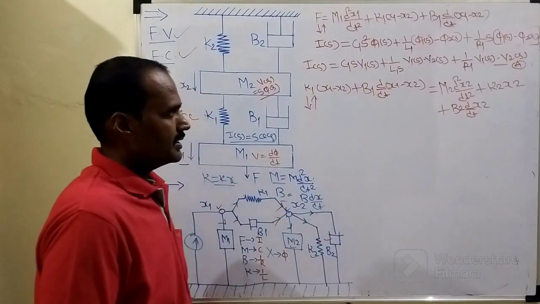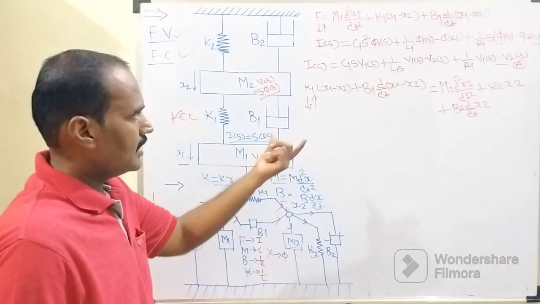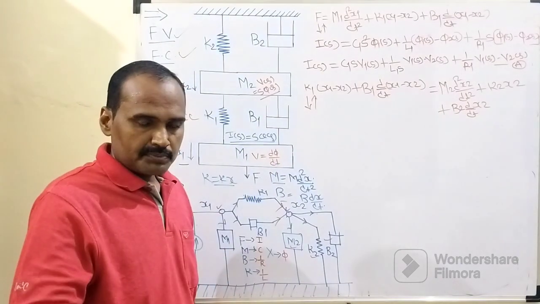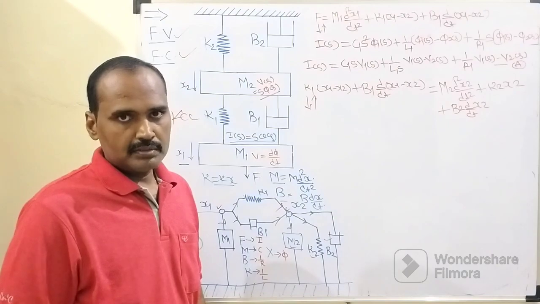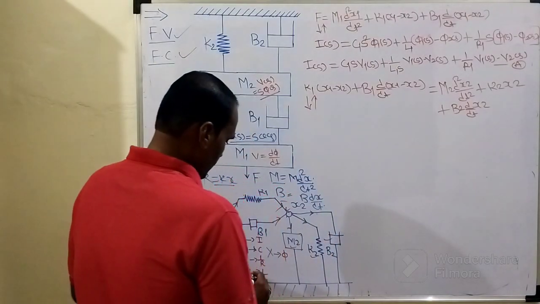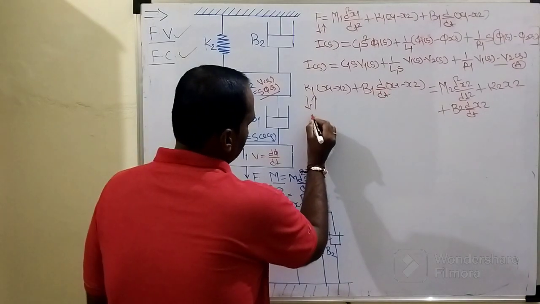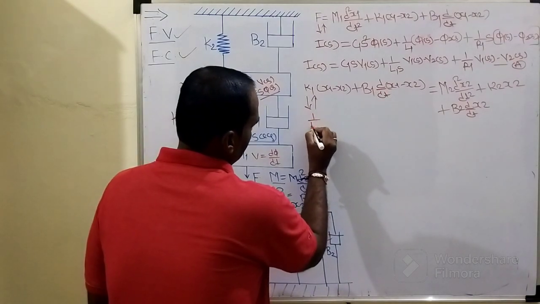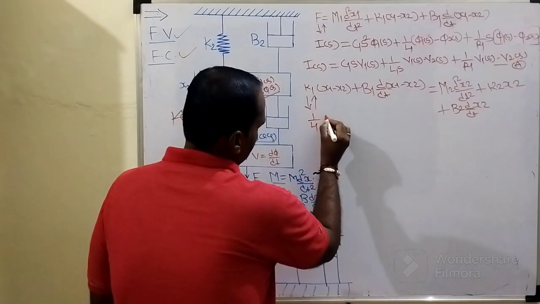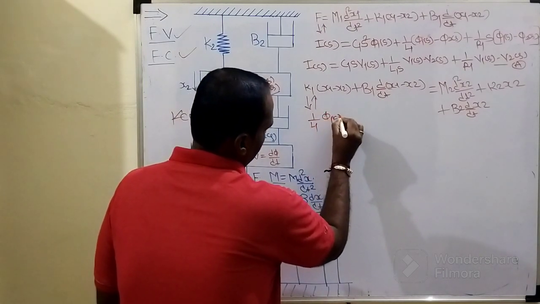So simultaneously we are supposed to perform 2 different steps: the replacement of mechanical elements with analogous terms, and applying the Laplace transform. So K1 is analogous to 1 over L, which K? K number 1. So it will become 1 over L1 into X, which is nothing but phi. So phi 1 of s